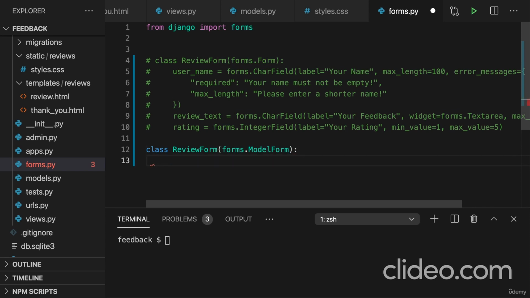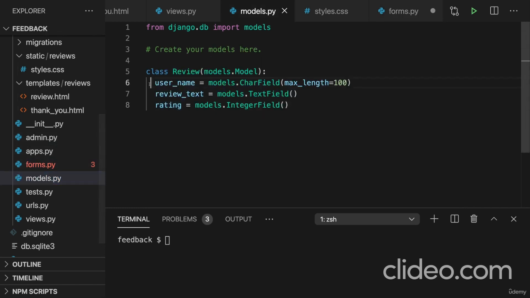That still creates a form object, a form class, which we can use like we did before, but we can now connect this to a model, and Django will then automatically take all the model fields and infer proper HTML inputs for those fields, and basically give us a pre-configured form based on the fields,